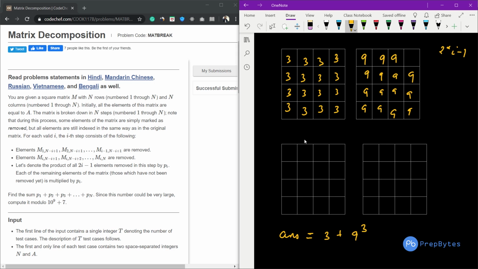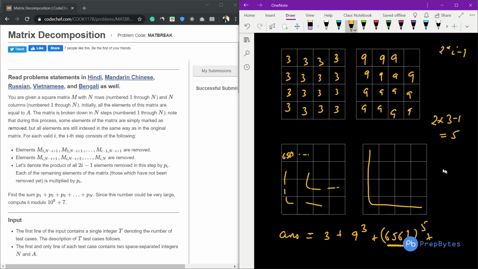I think it is around 6529, so that answer, 6561, will be written for all other elements. Then for 6561 it will be 6561 to the power of 2 into i minus 1, so 2 into 3 minus 1 is 5, so 6561 to the power of 5. That result will be multiplied by all the rest of the elements, and this result will be multiplied by the power of 2 into 4 minus 1, which is 9, and it will be added into our answer with modulus 10 to the power of 9 plus 7.